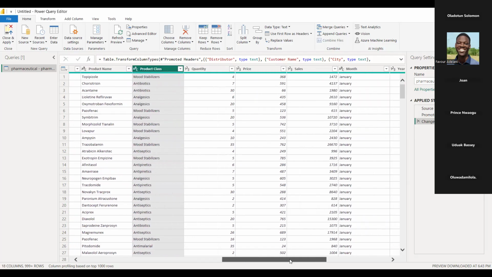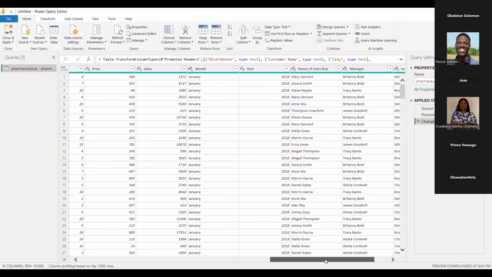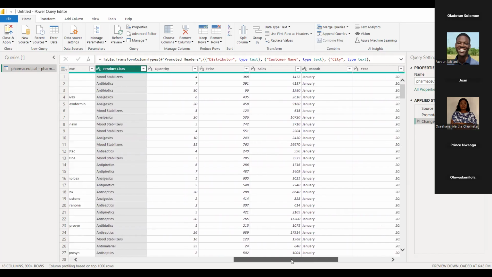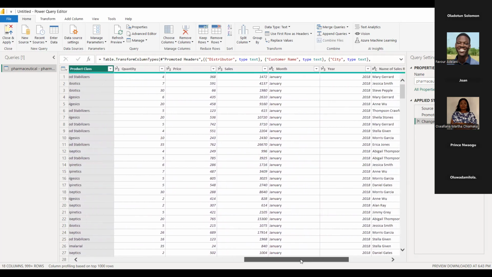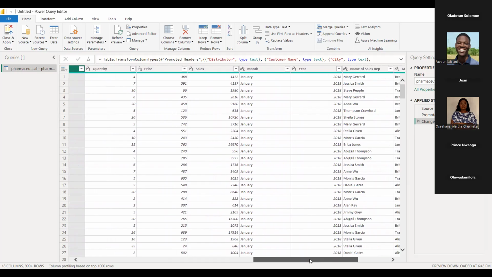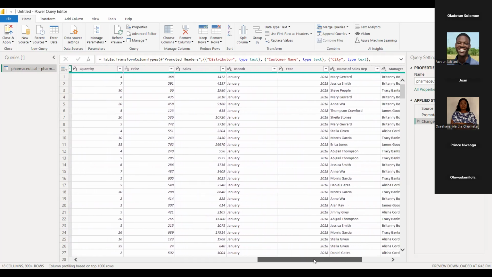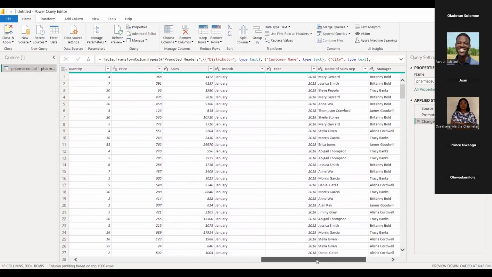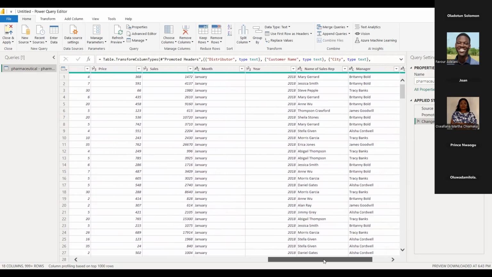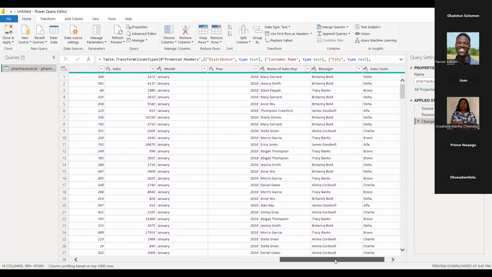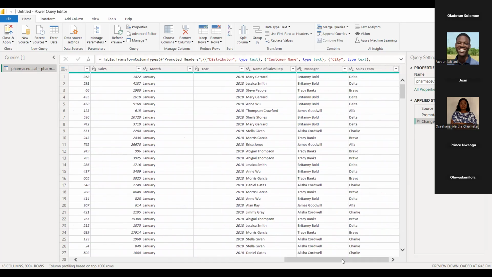Now, please, let's just gently observe and look at these columns one after the other. If you have it open on your end as well, let's just gently take a look at this.